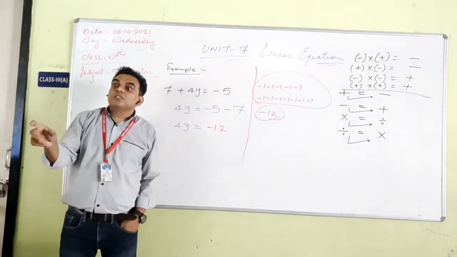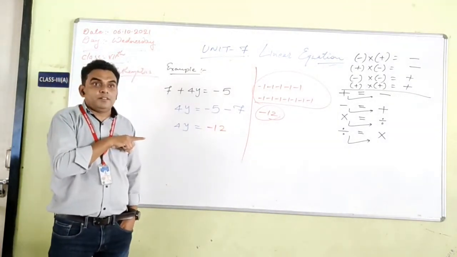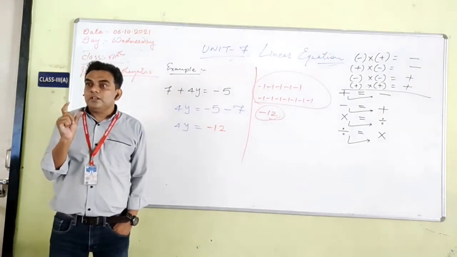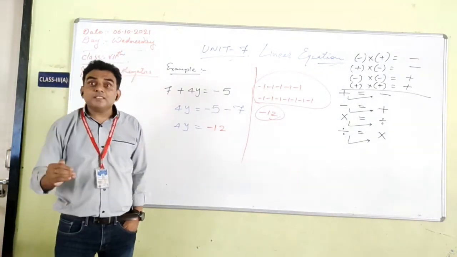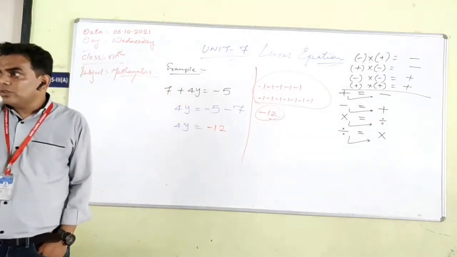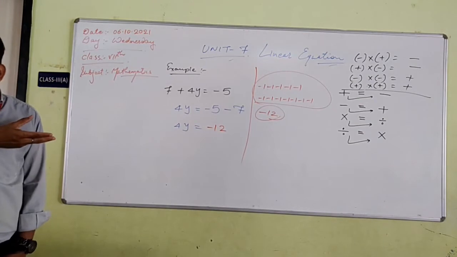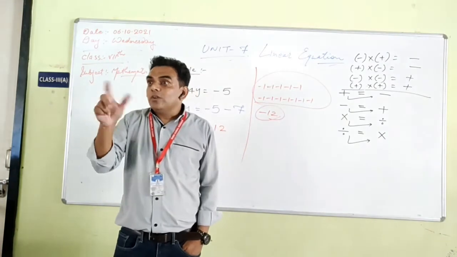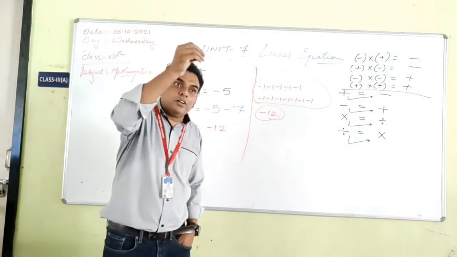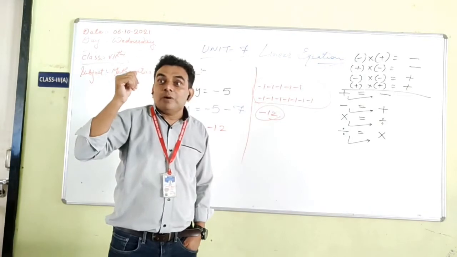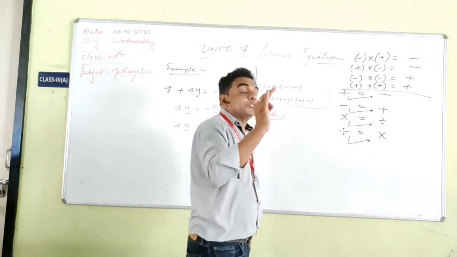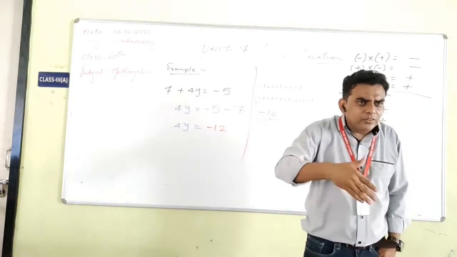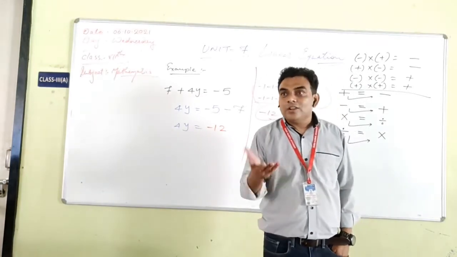So in this kind of equation, you have to be careful here. If you miss this sign, you'll be wrong. And whenever you get the answer, you can check your answer also. You have that facility in a linear equation. You can just put the value in. This is the key. You will get the answer. But if there is any mistake of sign, you will be wrong. Then whenever you find it, repeat and repeat, and you will not make a mistake.